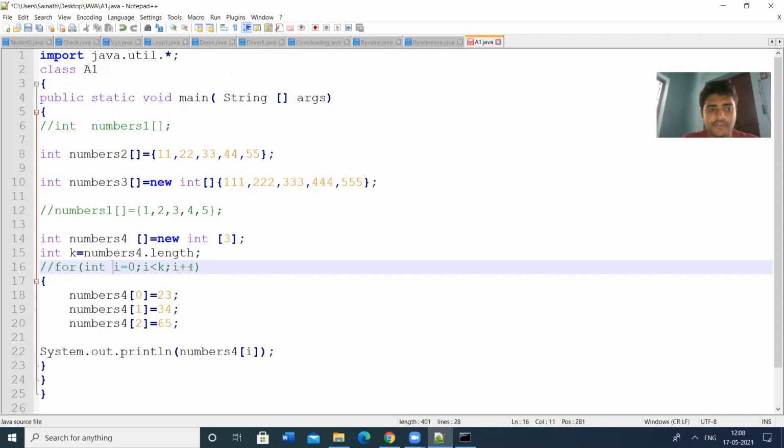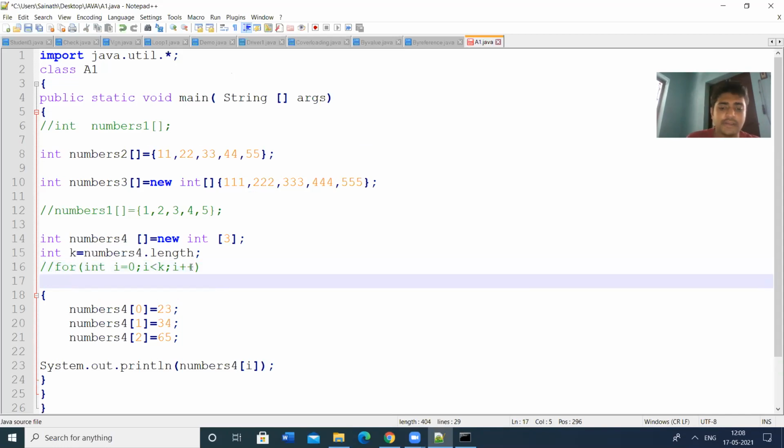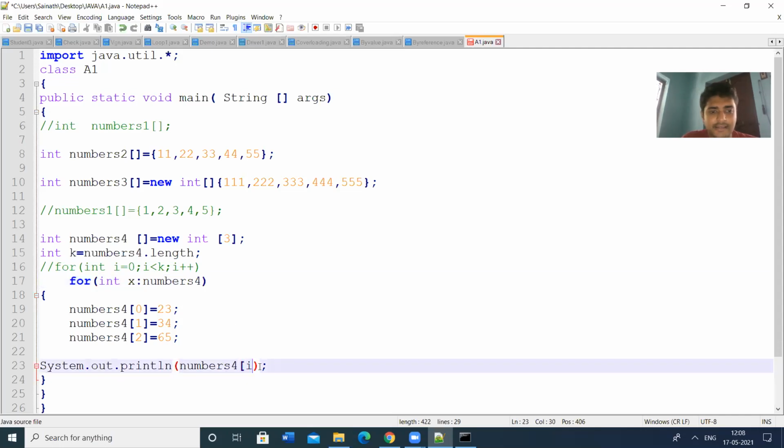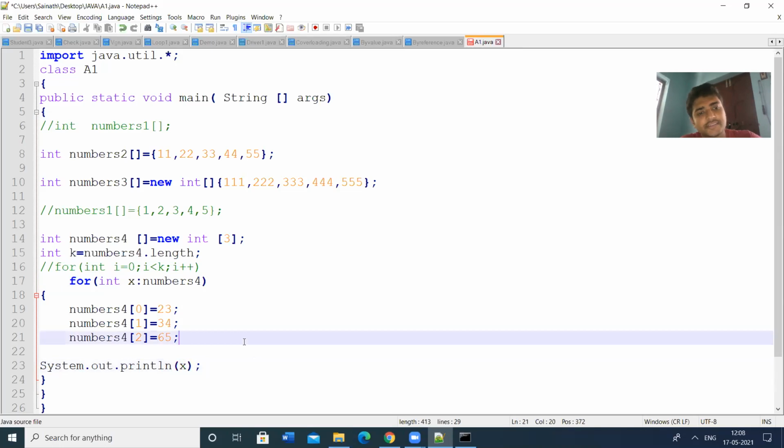Always we can use the for each loop instead of the for loop while displaying arrays. The for each loop syntax is: for int x colon, the array name is numbers 4. I have to print the x. So this is the for each loop syntax.